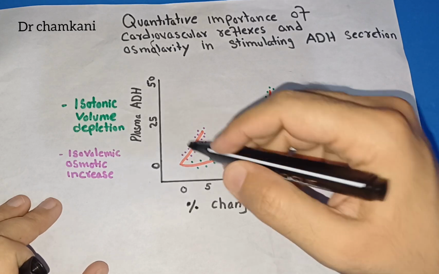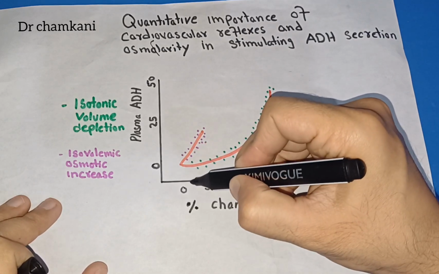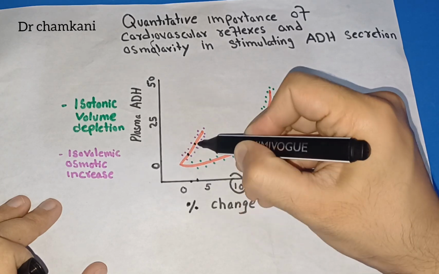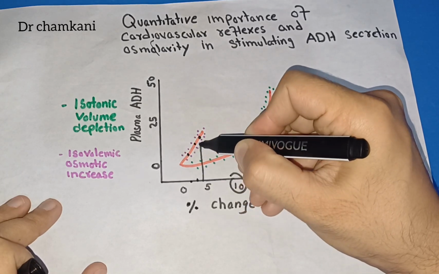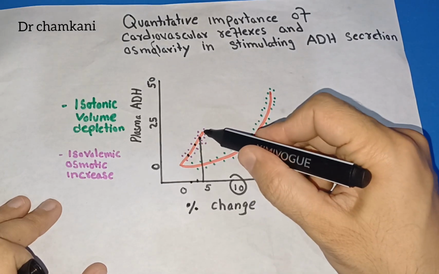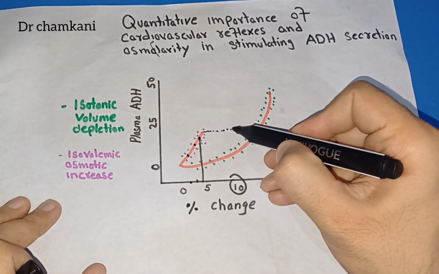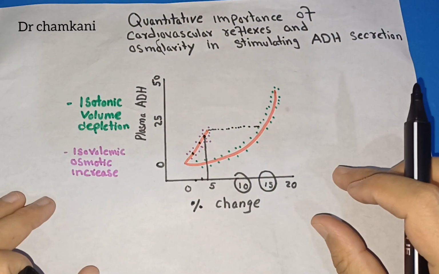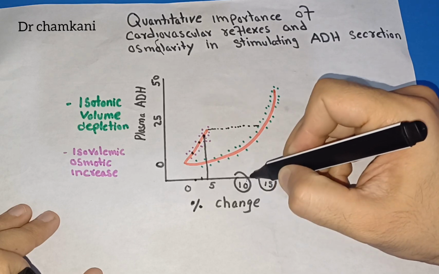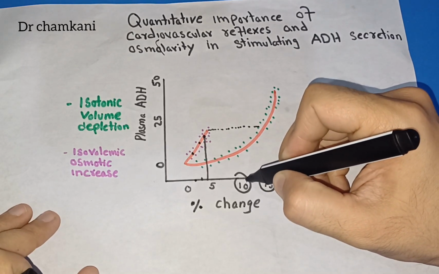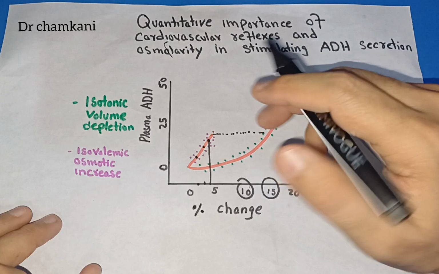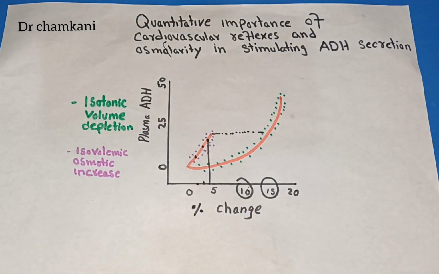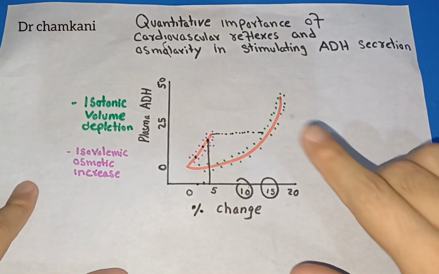Here you see, even with a small increase in osmolarity, the ADH has gone to this level, and then to this level, and then to this level. But here we see that to gain this much change in the ADH, we have to bring a big change in the volume of plasma. So after around a 10 to 15% decrease in plasma volume, we can expect a big increase in antidiuretic hormone. So the significance of this graph is that initially